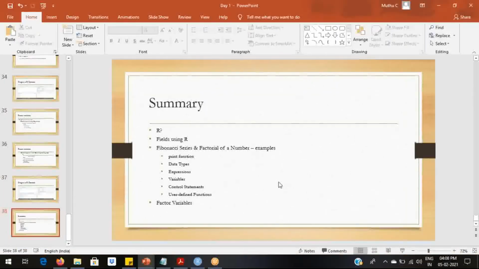I have guidelines on how to install R and RStudio. So do you people have R and RStudio installed in your systems, or do you want me to guide you on how to do it? Of course, I will share all the documents that we have discussed today to Shaktivel sir, and he will share it to you. But I just wanted to know whether you people have R and RStudio installed in your systems.